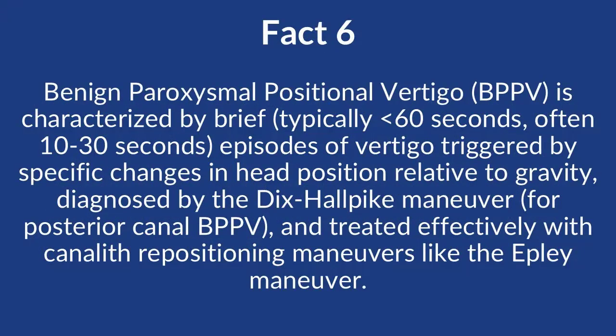Next, our sixth principle discusses benign paroxysmal positional vertigo, or BPPV. This condition is characterized by brief episodes of vertigo, typically lasting less than 60 seconds, often between 10 and 30 seconds. These episodes are triggered by specific changes in head position relative to gravity. BPPV is diagnosed by the Dix-Hallpike maneuver for posterior canal BPPV and treated effectively with canalith repositioning maneuvers, such as